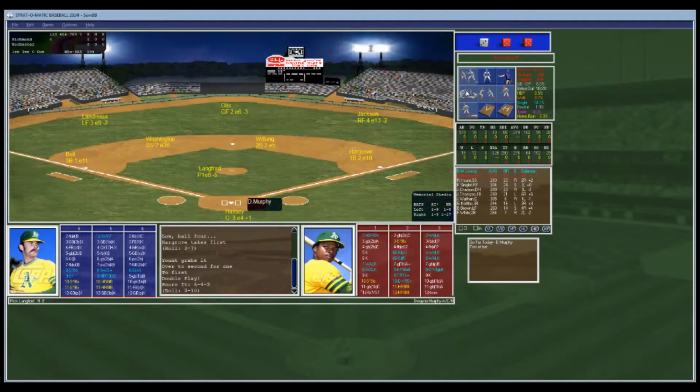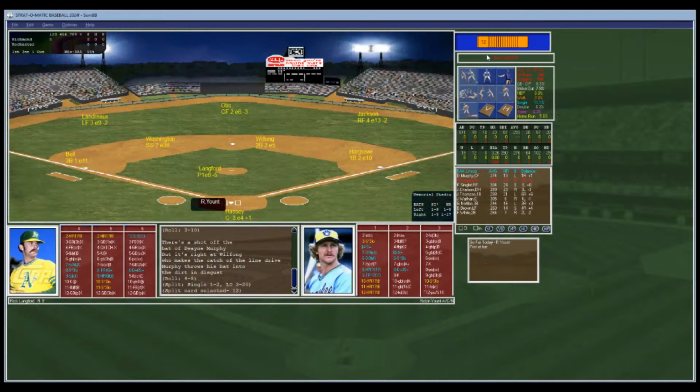So now for the Rochester Red Wings, it's Murphy, Yount, Singleton, Charbonneau, Thompson, Wathen, Nettles, Brown, and White. And we have a pair of Oakland Athletic pitchers who Billy Martin absolutely destroyed these guys in this season. So Langford, 290 innings pitched, 19 and 12, 3.26 ERA. So Langford looks in. Dwayne Murphy, one of the cornerstones of that A's offense. Langford with the pitch to Murphy. And that is going to be a line drive caught by Hargrove, one away.